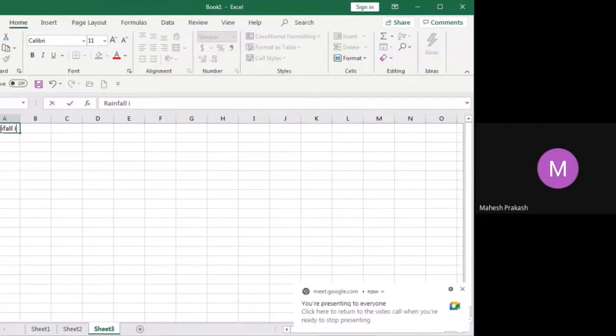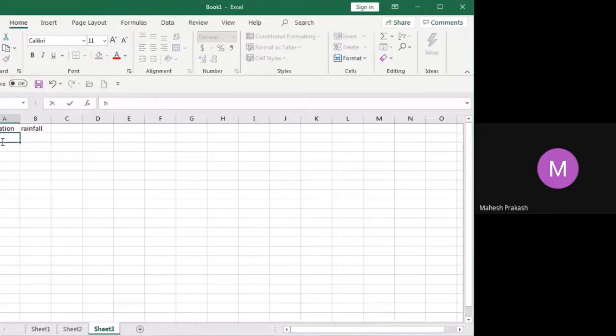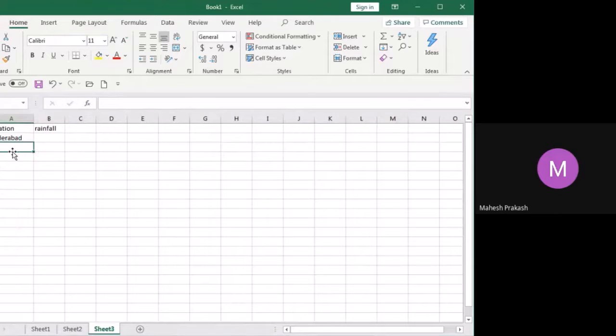Rainfall in India. Location, rainfall. Hyderabad, Chennai.